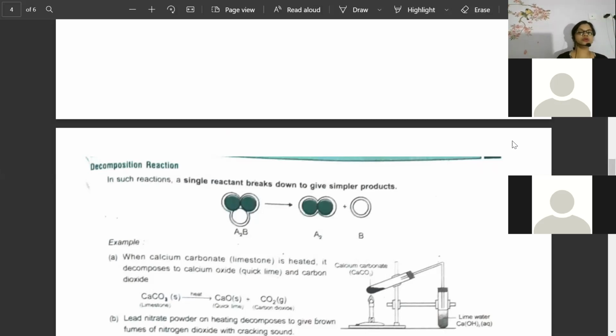Very good. Now as we are going to study decomposition, can anybody tell me how many types of decomposition reaction there are? I was discussing decomposition reaction. Very good. Some are saying two, some are saying three. Let's see how many of you are saying three. Kamya is saying three. The rest of the children are saying two. Okay, Kamya, you were saying three, na beta. Can you tell me what the three types of decomposition reaction are?